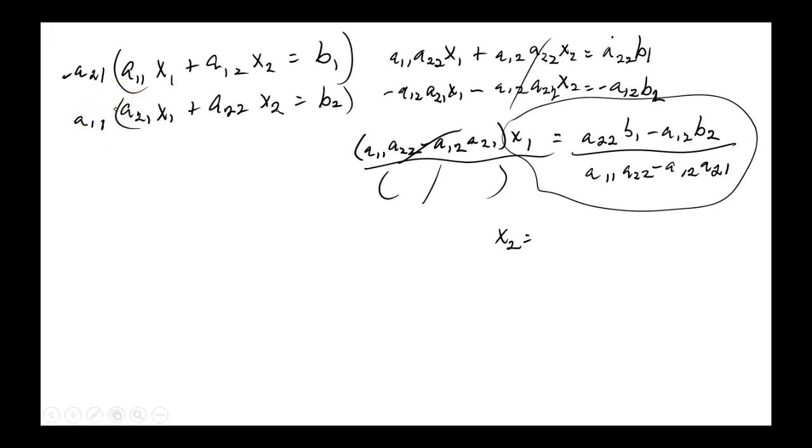When you do that, you see the first entry here would be a minus A11 A21, and the first entry here would be a positive A11 A21. So those terms are going to add to zero, and then your x2 would come out being